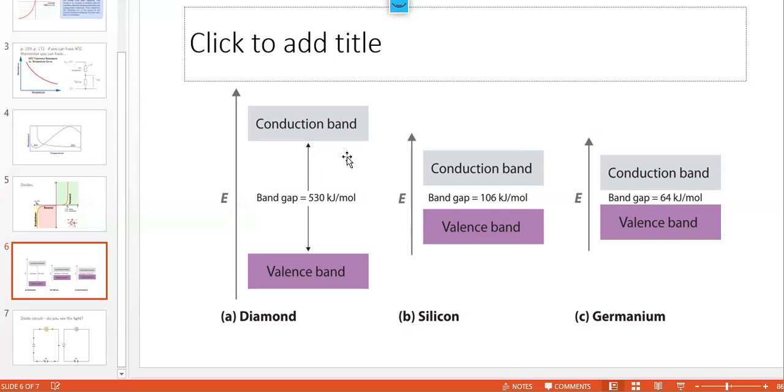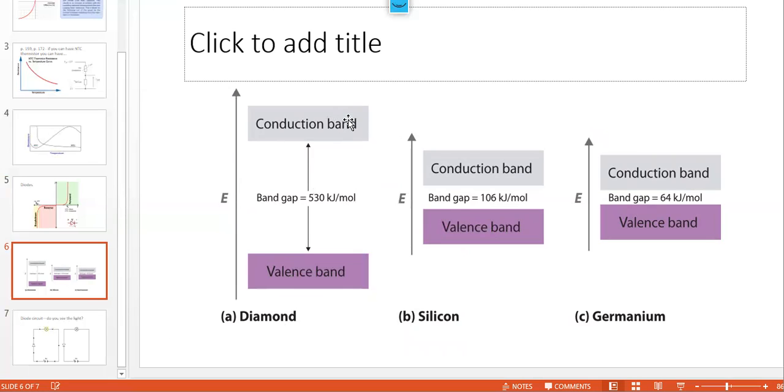This one is a slide that talks about what's called band gap theory. Metals like copper, their conduction band overlaps with their valence band. The electrons in copper are readily conducting. They're in the conduction band. But depending on the material, they've got valence electrons that are not going to conduct. You have to give them an input of energy. On the vertical axis here, you can see energy, in kilojoules per mole, that these substances need to promote their electrons from the valence band to the conduction band,